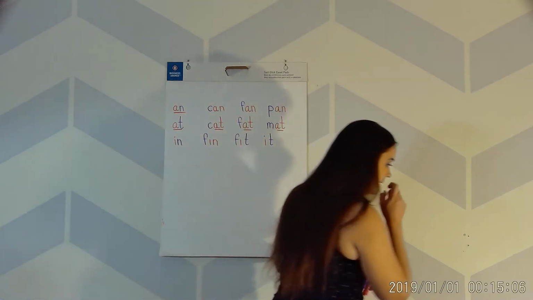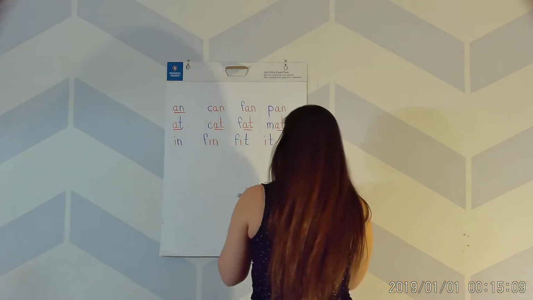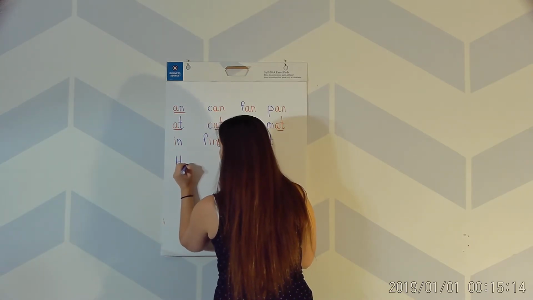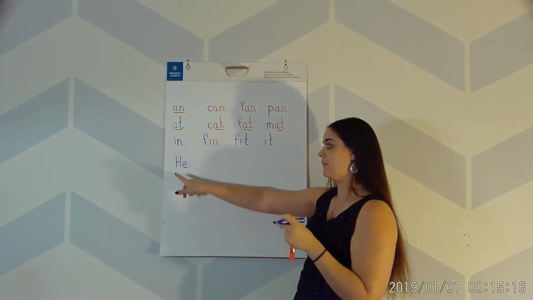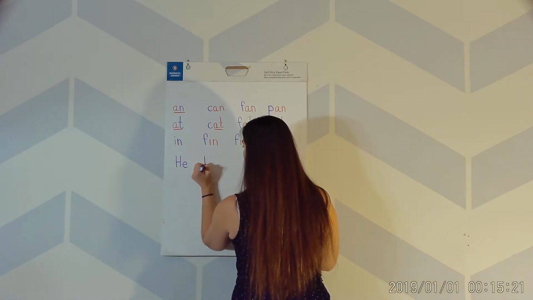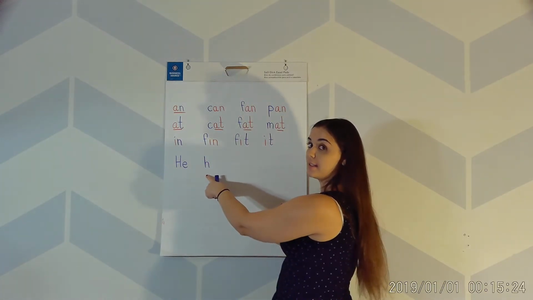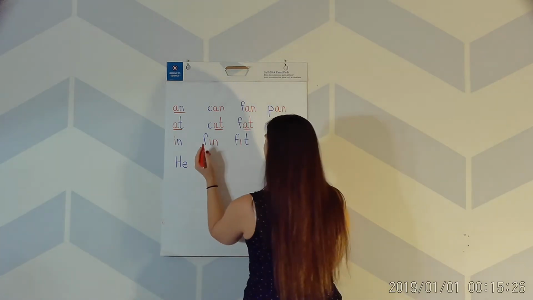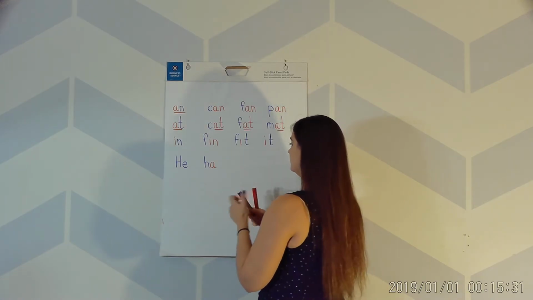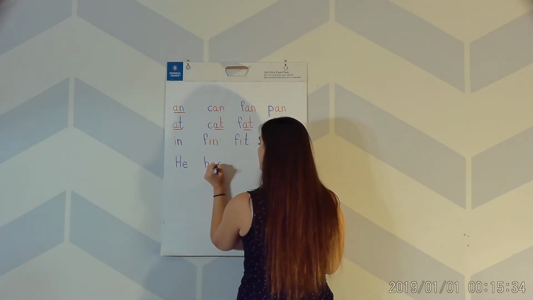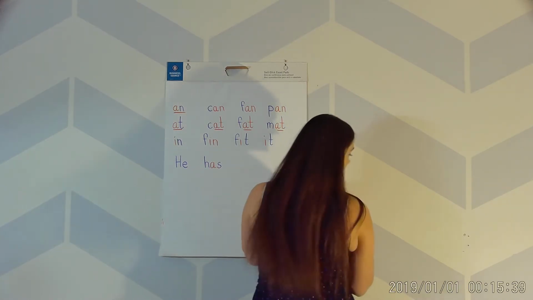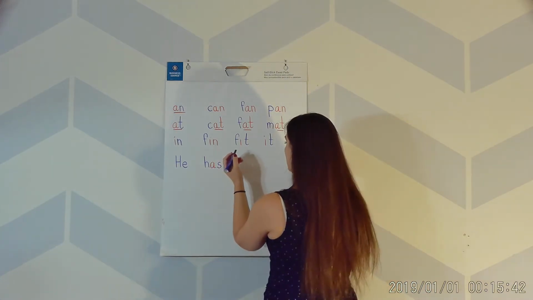Alright, now we're going to go ahead and we're going to do a sentence. He is one of our high frequency words. He. H says h. A says a. S says s. H, as, has. He has